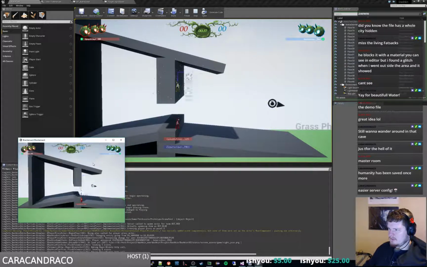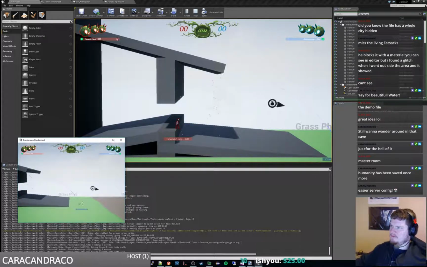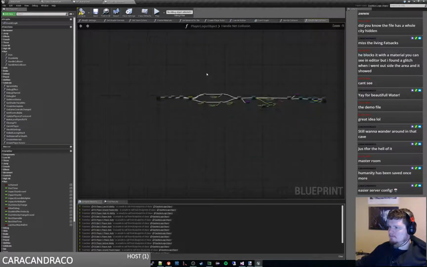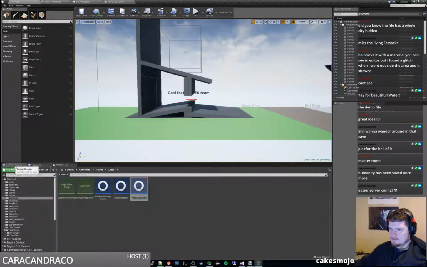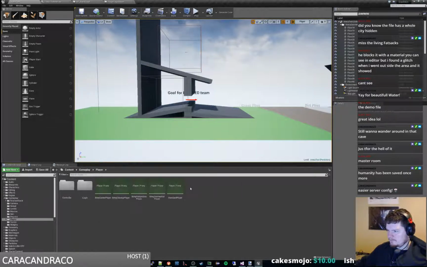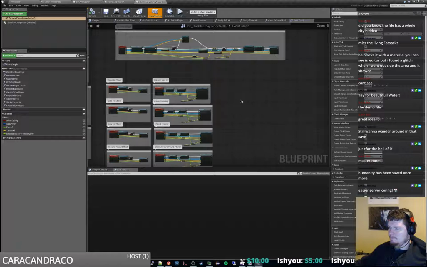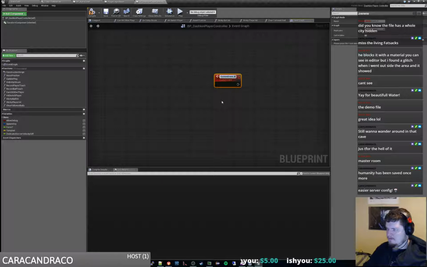Yeah, it looks like that's causing problems. I probably should just put this on a multicast message then. Alright. Let's do that instead. So this is going to be on the player controller. So let's add a new event, a custom event. This will be server